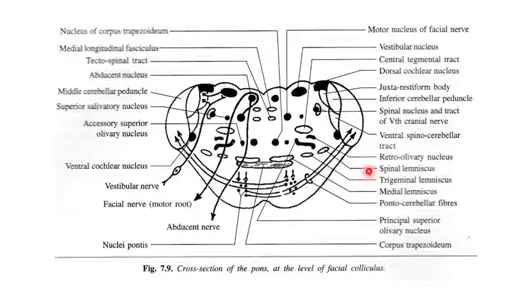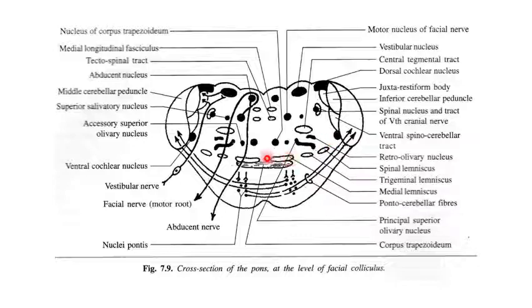Lateral to it, there is spinal lemniscus, that is the continuation of the lateral spinothalamic tract concerned with the pain and thermal sensation. And further laterally, somewhere over here where my pointer is, appears the lateral lemniscus. Lateral lemniscus is an ascending tract which is part of the auditory pathway. We'll see it later. So this is the first feature in the tegmentum, necklace shape arrangement of the four lemnisci. You just need to remember the names. From medial to lateral, it is medial lemniscus, trigeminal lemniscus, spinal lemniscus, and lateral lemniscus.